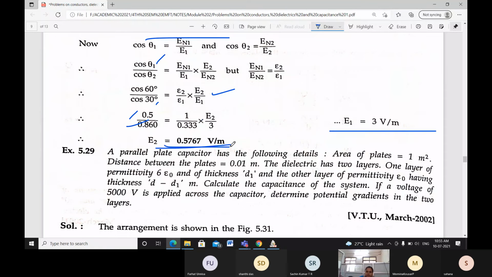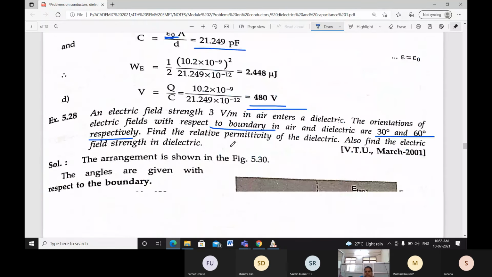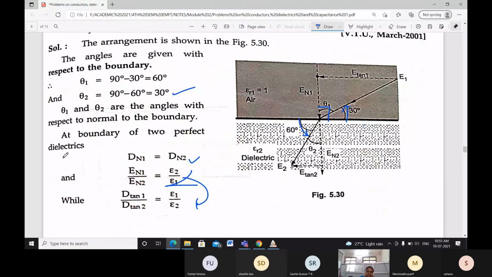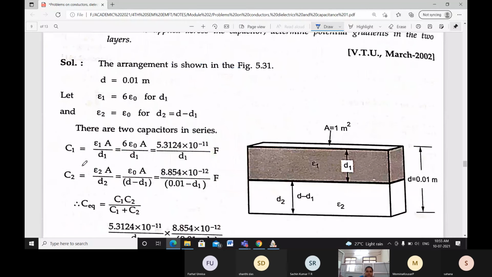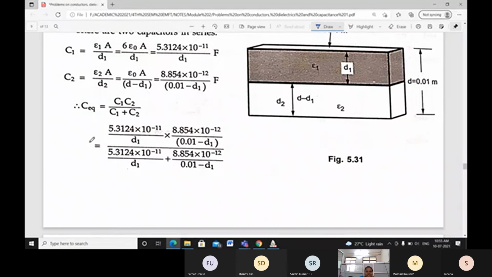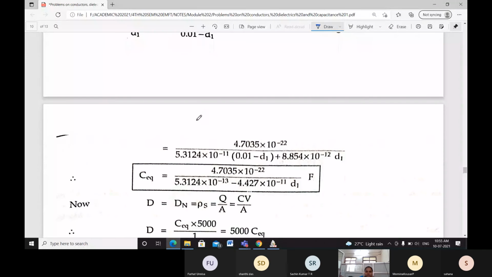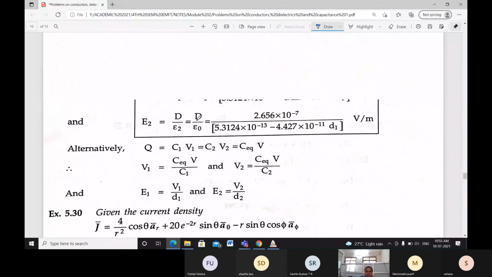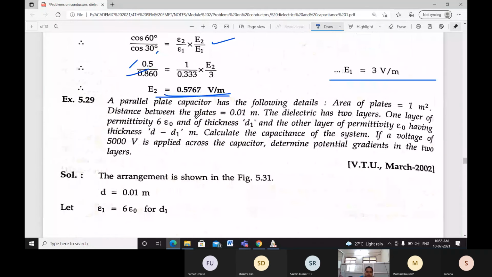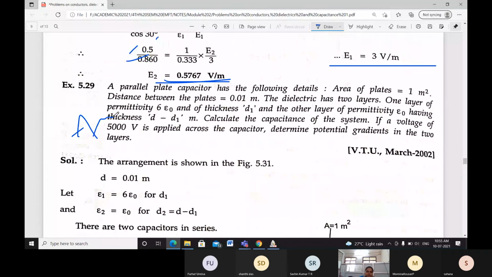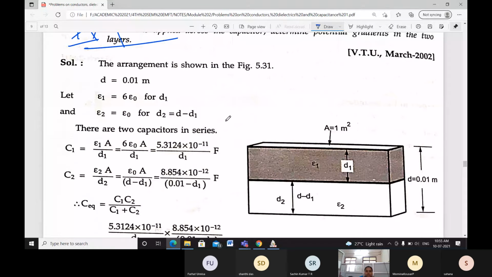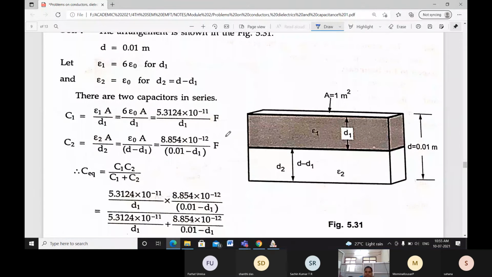This is how a problem should go. Simple. This may ask for 5 or 6 marks, or maybe for 4 marks also. This is based on your parallel plate capacitors. Once you go through this part, you do it as an assignment, that is 5.29. Go through this. If you have not understood, we will go through this part. Simple, everything is given, you have to analyze, that's it.